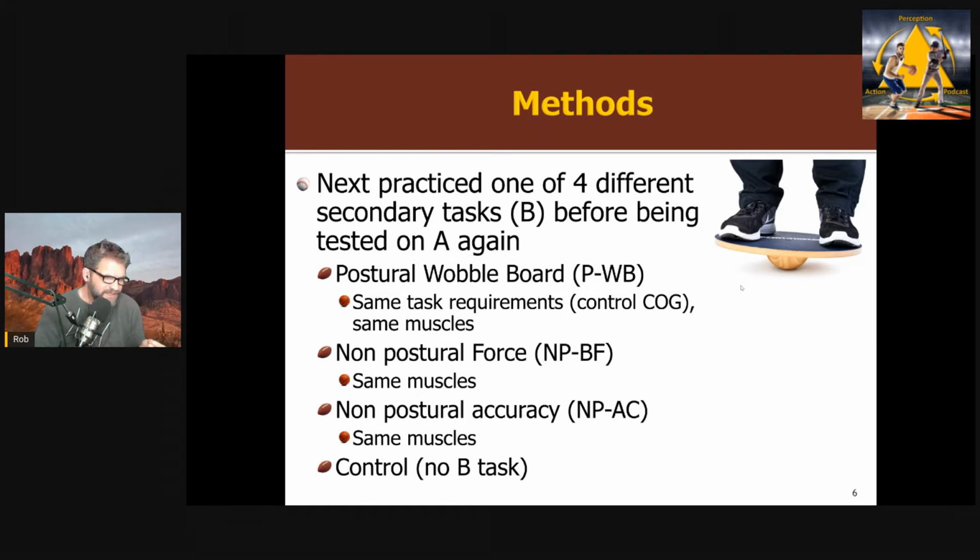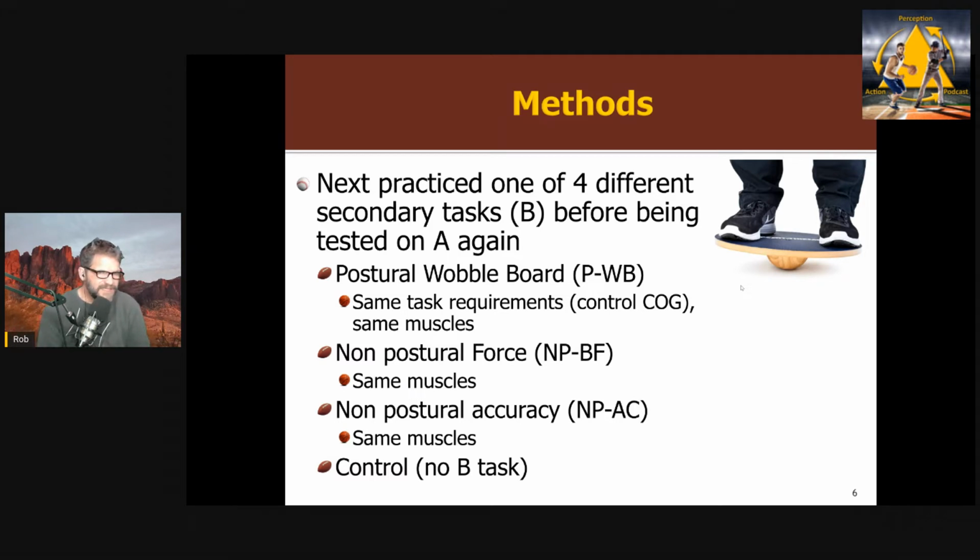And what they did in this study was they actually measured EMG activity, and they showed that the EMG activity involved in their balance board and this wobble board was very similar. In particular, you're using mostly muscles in the lower body. And importantly, that's very different than what you do on a slack line. On a slack line, you actually use more muscles in your core and things like that than in the lower body as compared to these tasks. So that was the main kind of interference task.